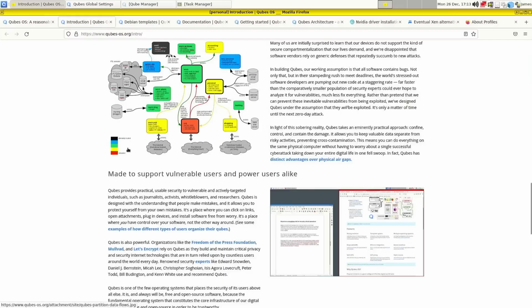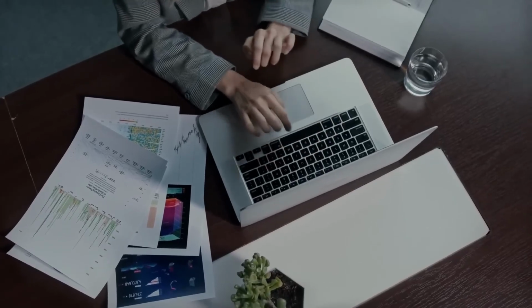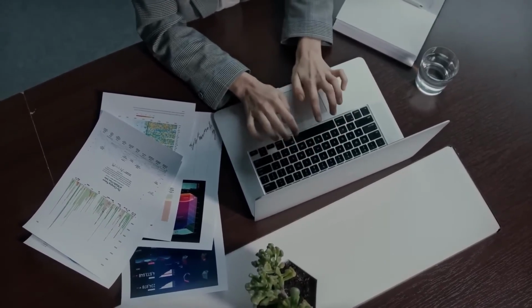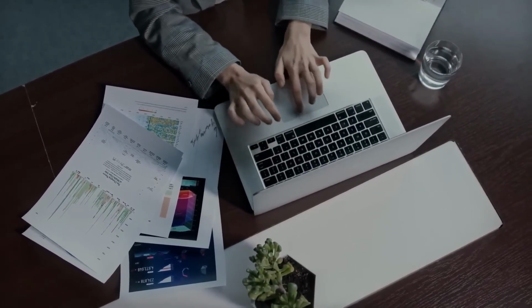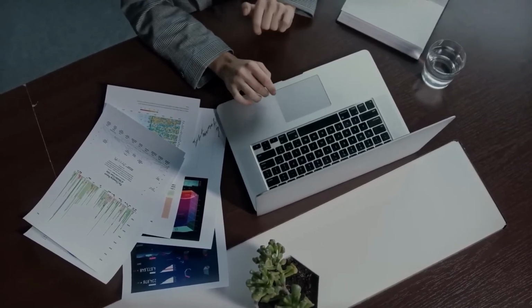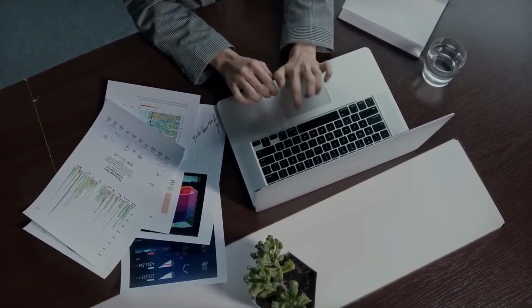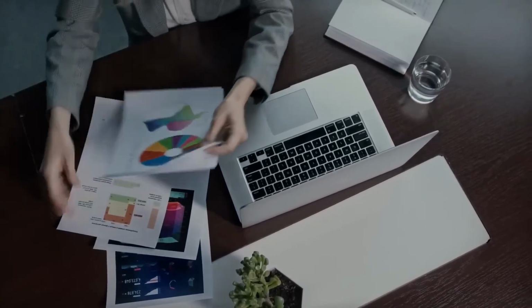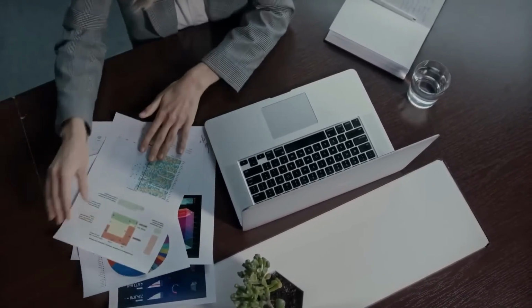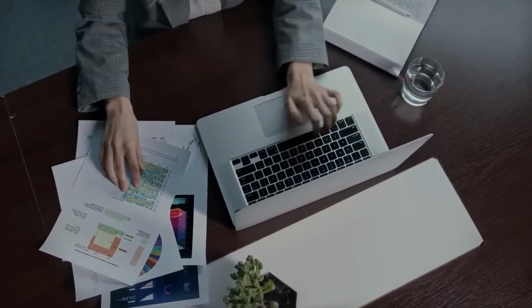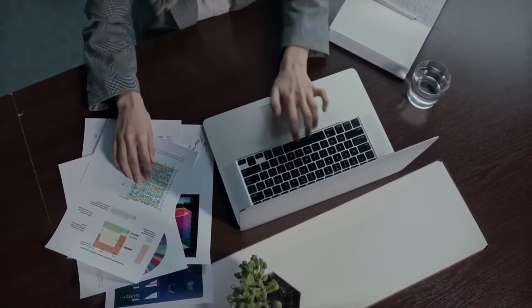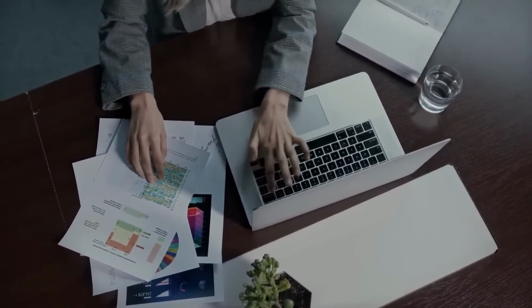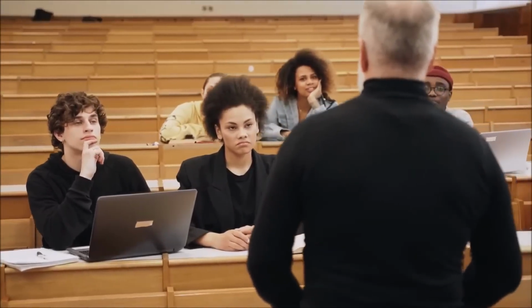So the problem that Qubes OS is really seeking to solve is the fact that most of us have multiple digital lives. So you probably have a work life, and so you have work accounts that are associated with that, things like email and cloud accounts for various portals. And you probably have data that's associated with that too, spreadsheets and Word documents. And you don't necessarily want that stuff to intermingle with your school life because you have specific data for that and you don't want things getting mixed up.